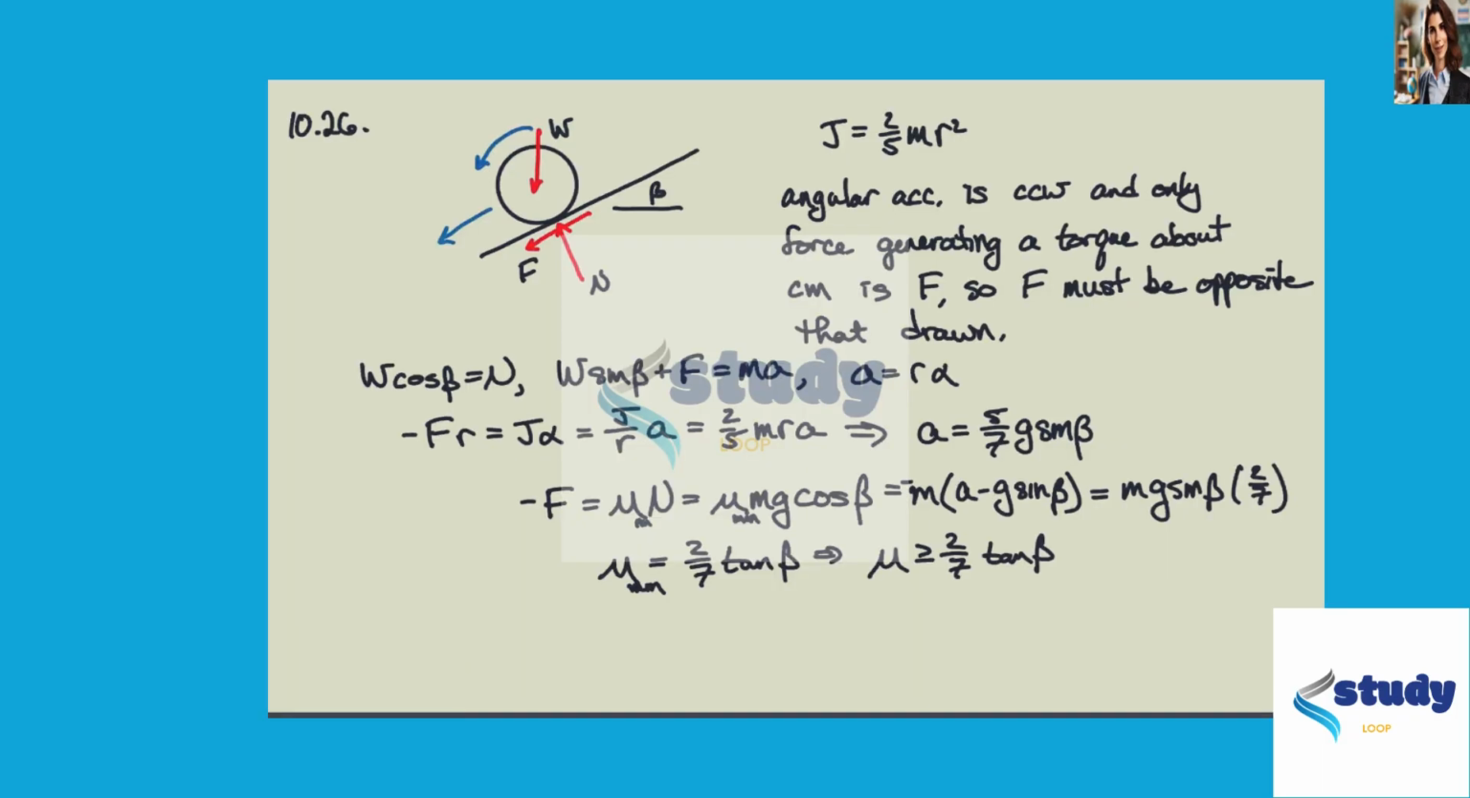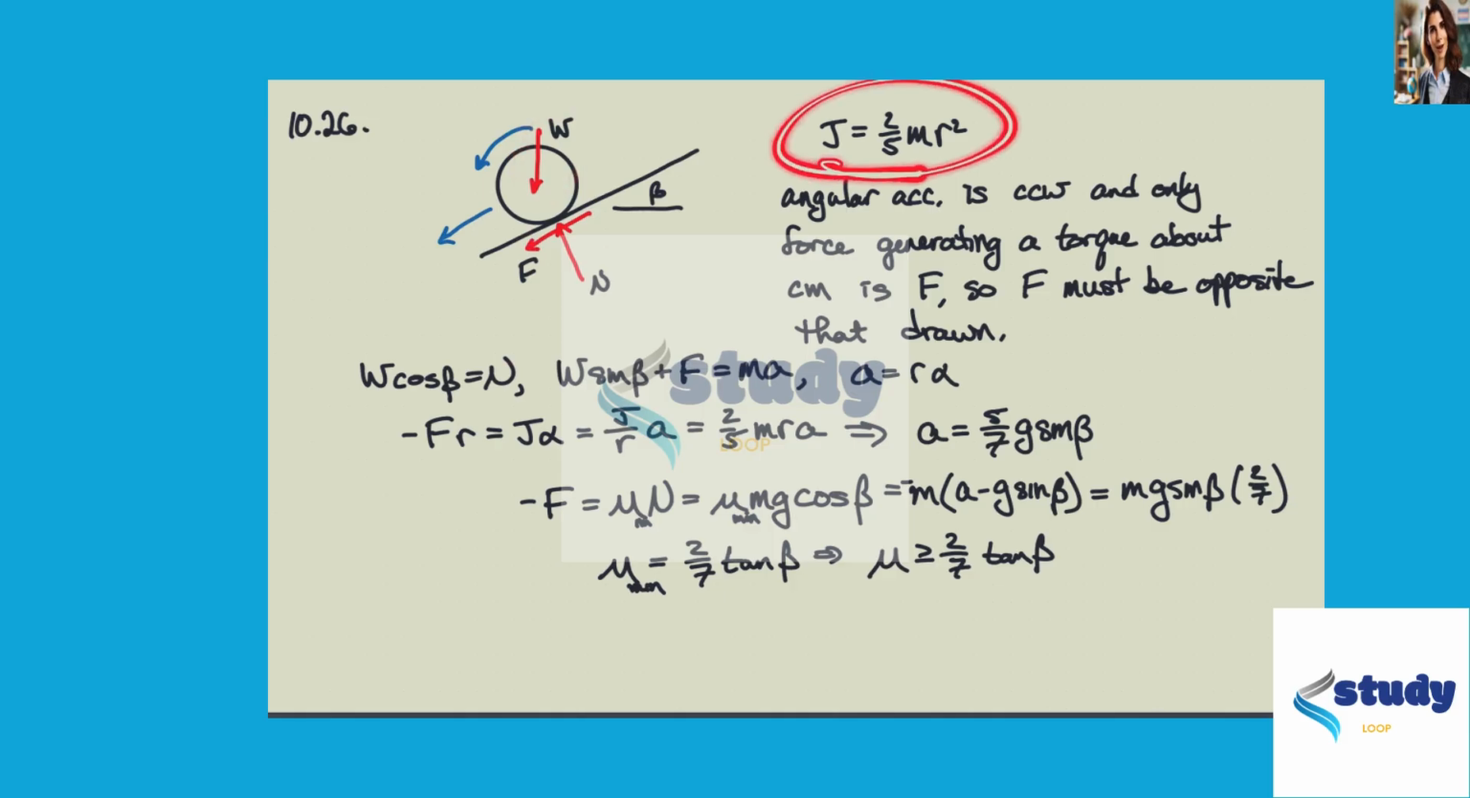In this problem, we have a bowling ball that rolls without slipping on a ramp that slopes upwards at an angle of beta to the horizontal. Treat the ball as a uniform sphere and ignore the finger holes. I'll draw the free body diagram and explain why the friction force must be directed uphill. So here's the free body diagram. We have the friction force, the normal force, the weight,